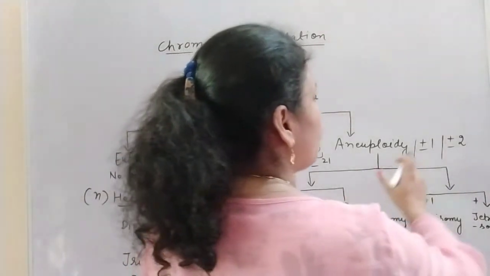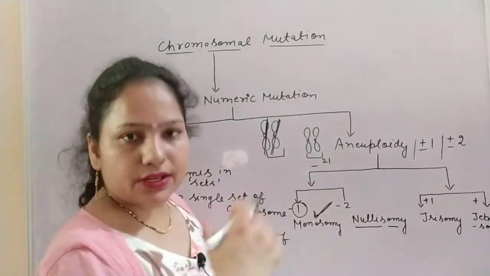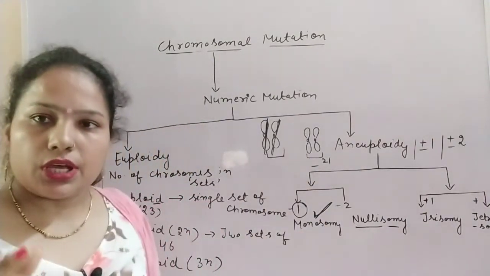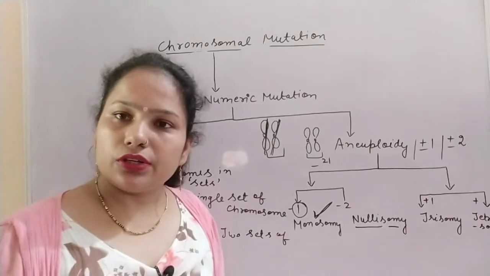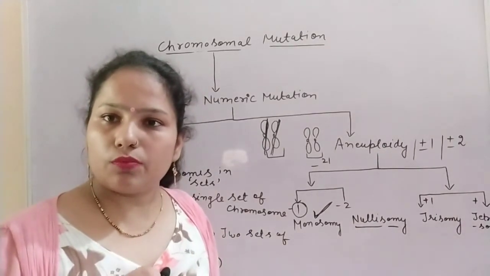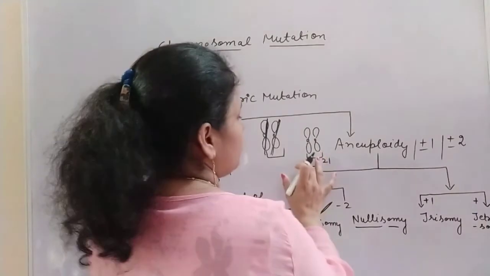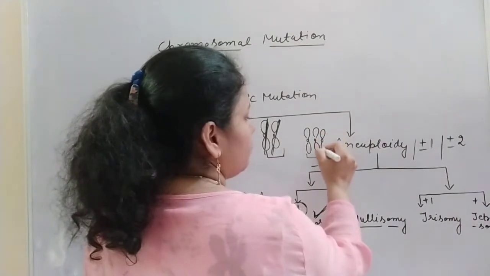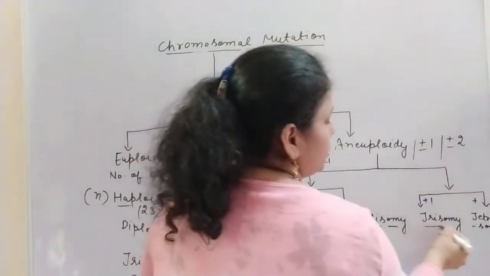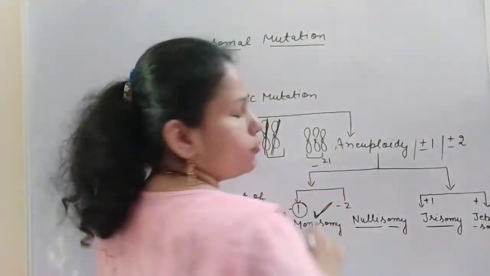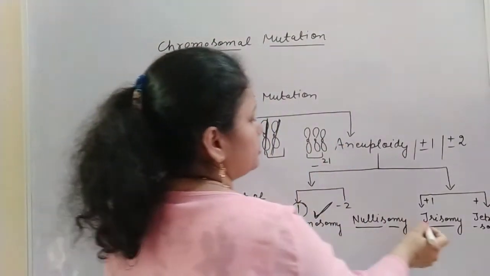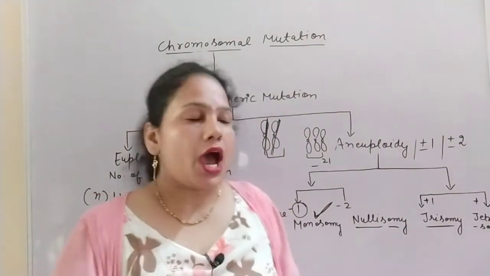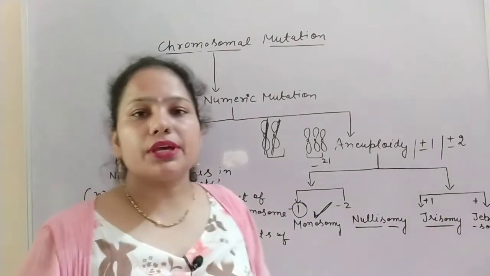Let's take the example of addition, that if one chromosome becomes extra, then we can take the example of chromosome number 21st in case of a human being. So there are the 23 pairs, so I am taking chromosome number 21. So chromosome 21, that is in the pair, and if one chromosome is increasing, one extra chromosome is there, then this condition is trisomy. Now 3 chromosomes are there, so this condition is trisomy. And very good example of trisomy, that is the Down syndrome, and those we will discuss in the topic chromosomal